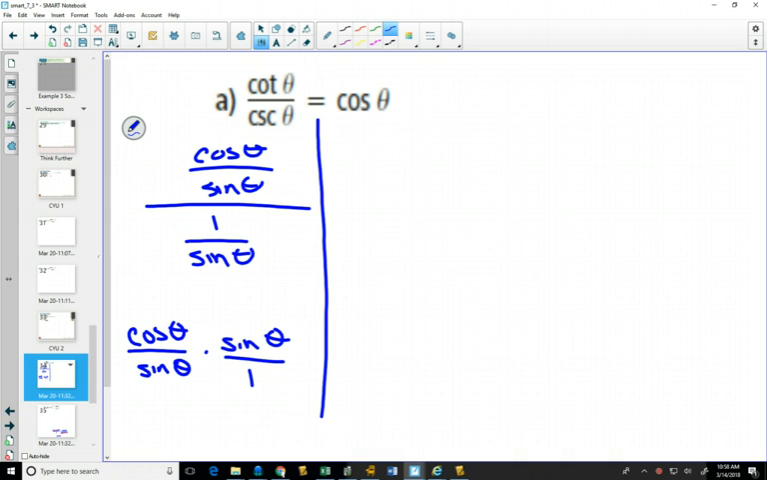Check if any factors are the same. These ones are, so they'll simplify. And sure enough, we get cos theta. So my left side is equal to my right side. I'm done my proof. For the second proof,